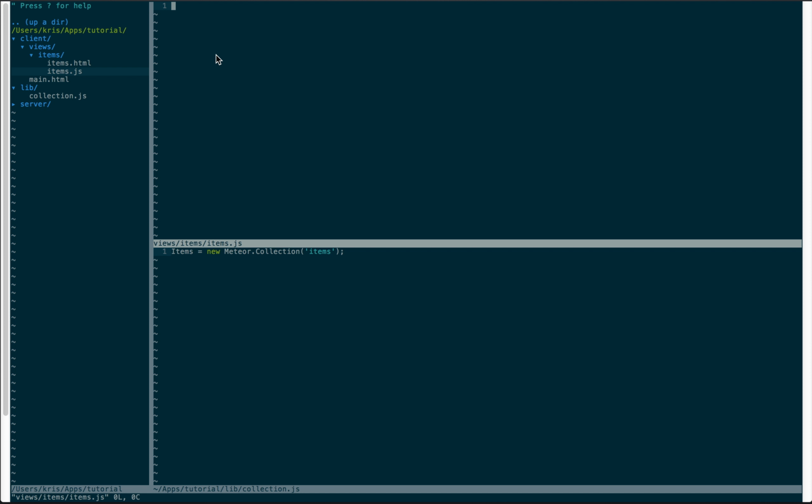But how do we get that? We go to here. We'll go to Template.items and then we're going to name this something like showItem equals function, and we'll just return items.find(). Now if we go into the HTML,